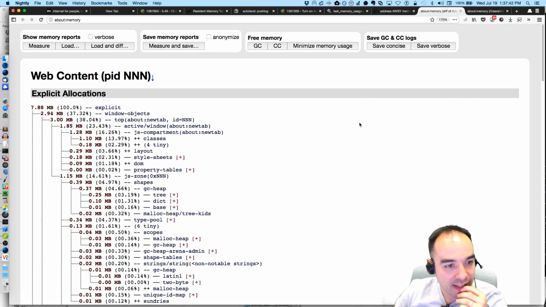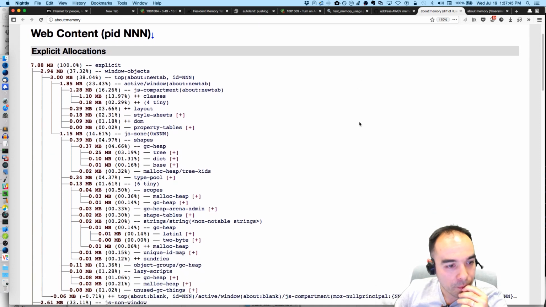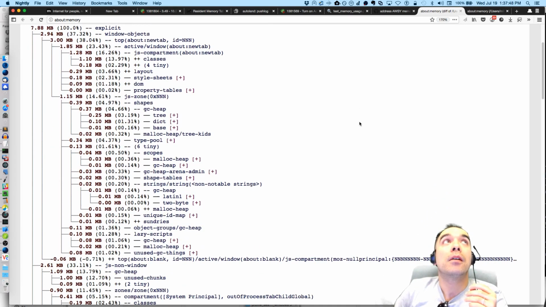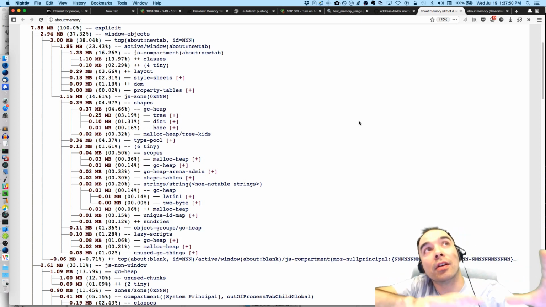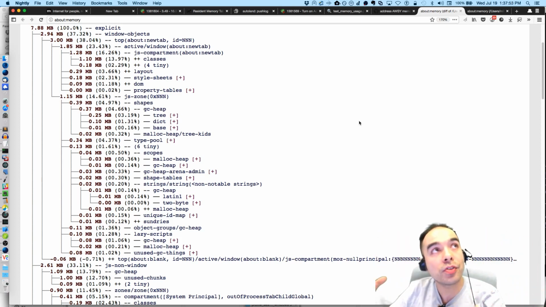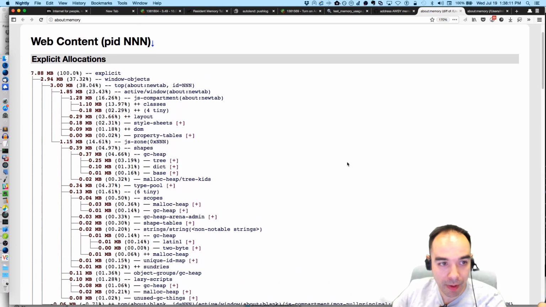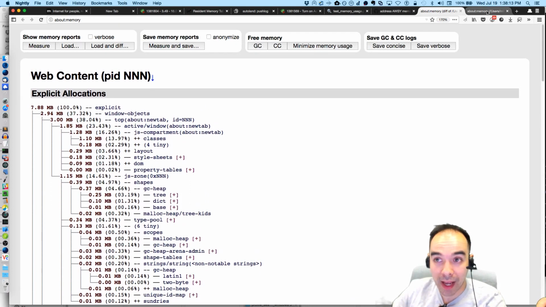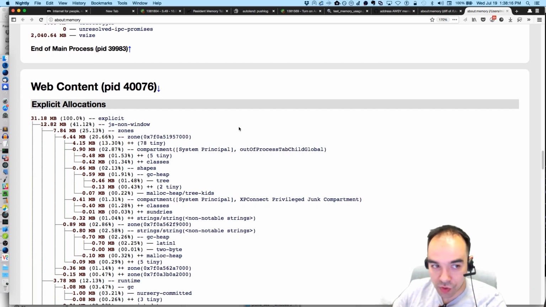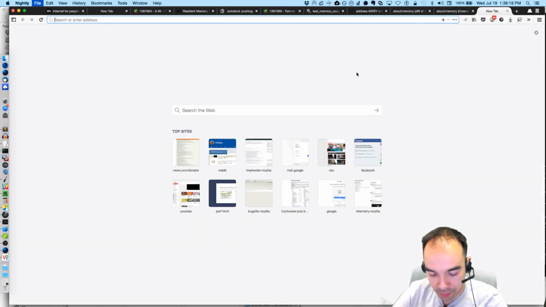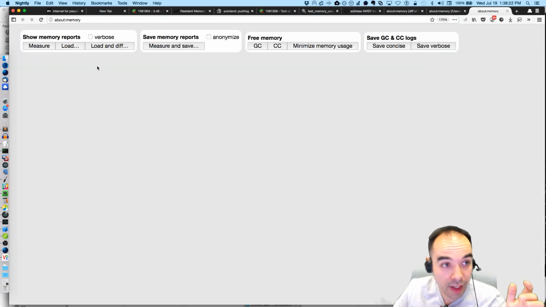What's kind of interesting is that moving the about:newtab loading from the parent to the child has a huge number of benefits for performance. One of the problems is that it requires us to reload a bunch of stuff in the content process that's already loaded and cached in the parent. Things like, I don't know, basically the infrastructure to set up a page. If we were just loading about:blank, there's not a whole lot that needs to be constructed to show just about:blank. And that's why, if we look at the about:memory report of the good case,